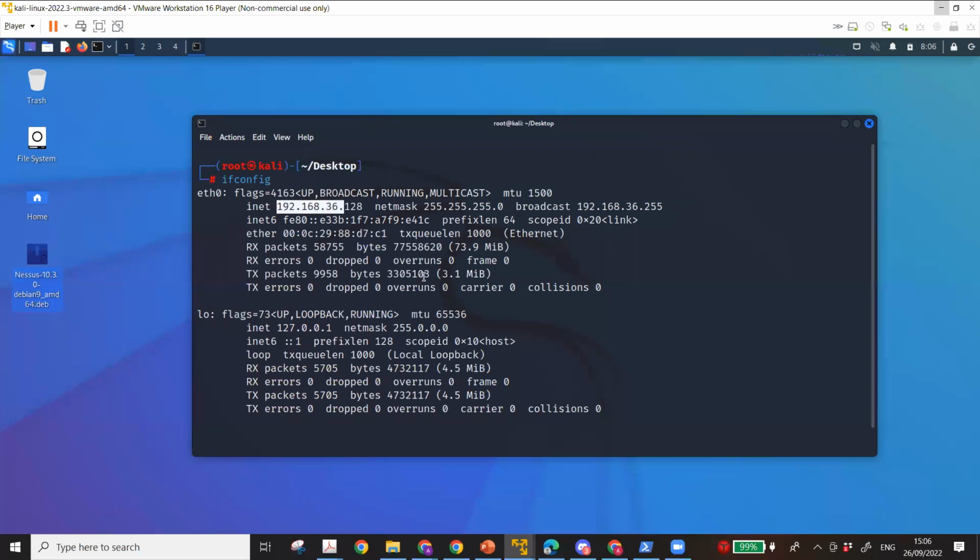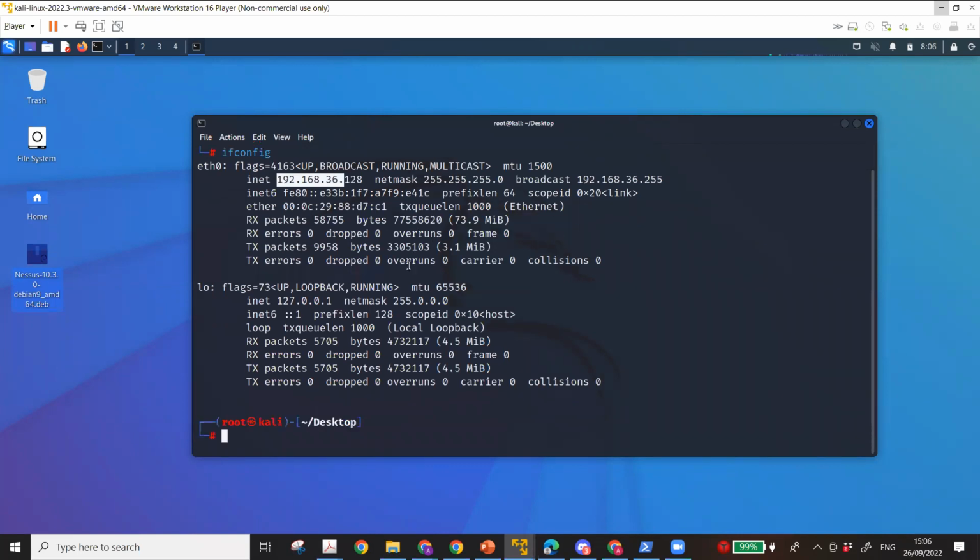36, right? Now, the first thing that I want to check is how many hosts are available on this 36 network. So let me show you how to do it. I will write nmap -sn, which basically means I'm just trying to do the ping scan. I'm not scanning anything else. I just want to see how many hosts are currently alive on the network. So I can write